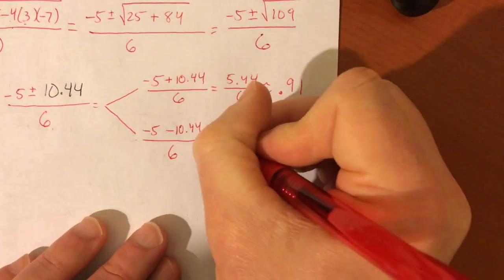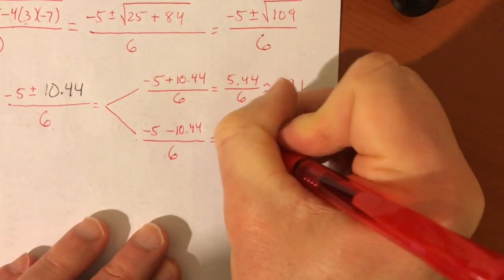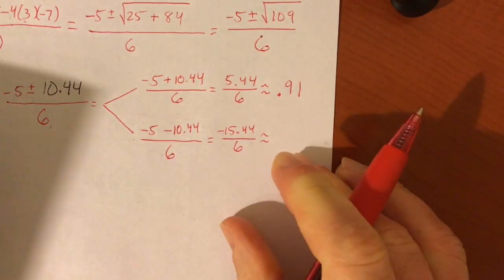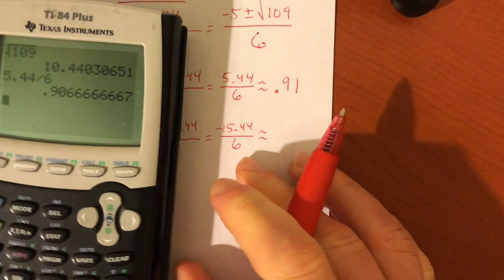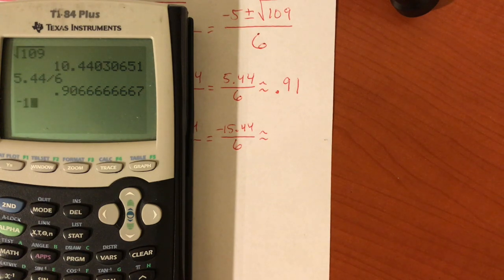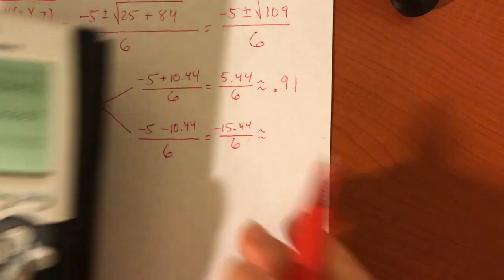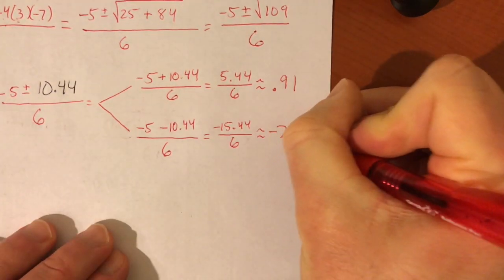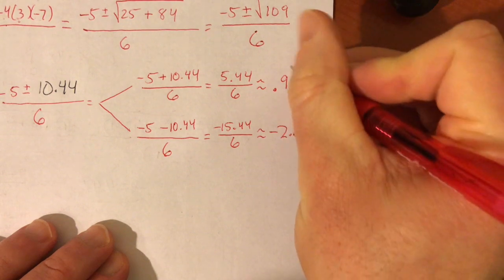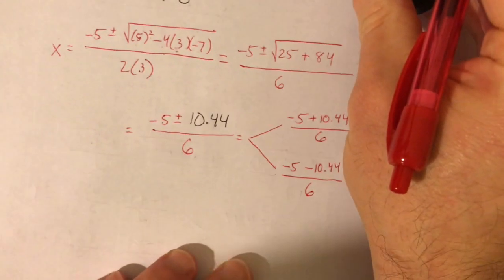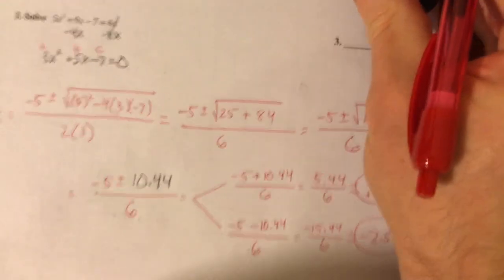Negative 5 minus 10.44 is negative 15.44, all divided by 6. And negative 15.44 divided by 6 is about negative 2.57. So here are my two answers,